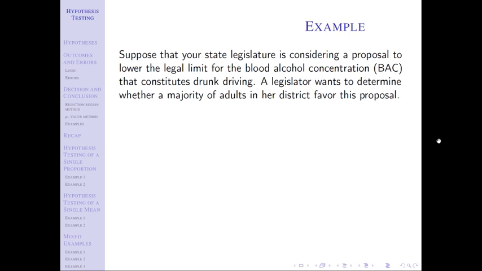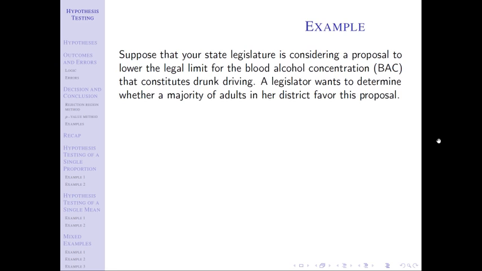Well, as we've talked about in the entirety of this course, we're going to say, I'd like to know something about this parameter. It's hard to do that for time or cost reasons. And so I'm going to take a sample and use that to make an inference on that parameter. We're going to say the parameter is, do all of the adults in the district favor the proposal or not? Notice we didn't use the word all, but that's what's implied here.